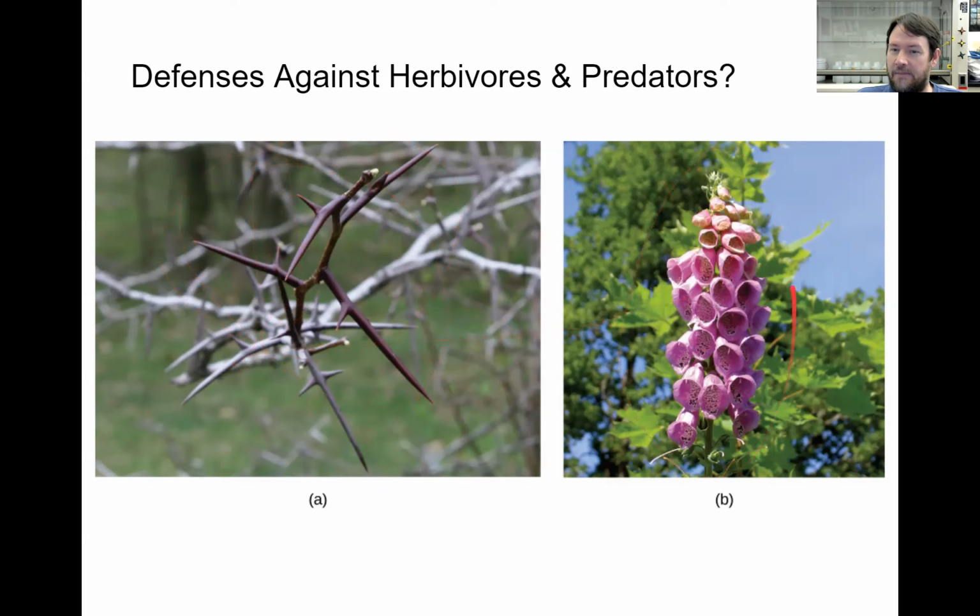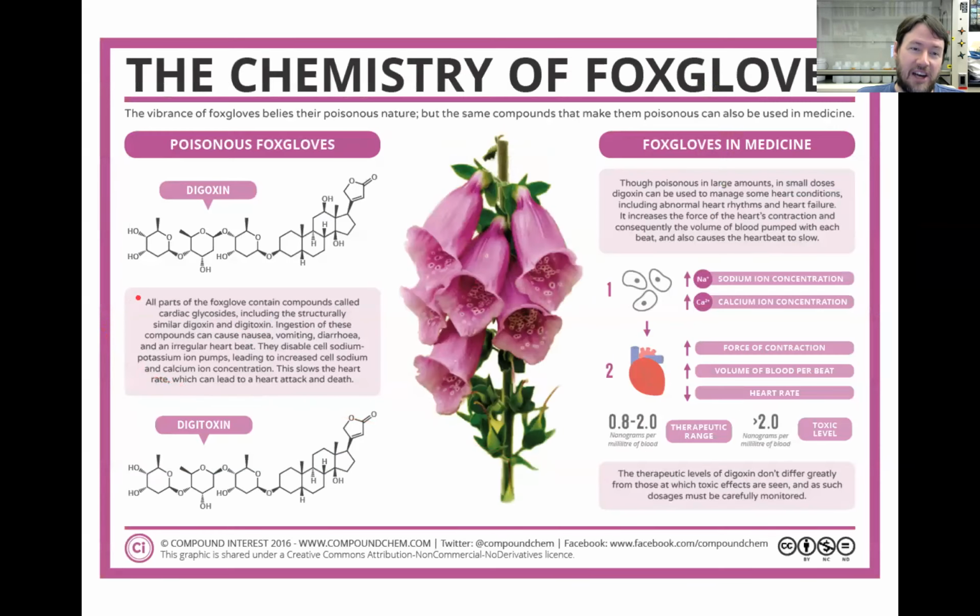Another example, this foxglove plant produces a chemical called digoxin and digitoxin, actually two different types of compounds that are very closely related in terms of their chemical structure. These are known as cardiac glycosides, which are very toxic. Their only job is to be toxic to any would-be herbivore. And it's kind of interesting because this toxin actually